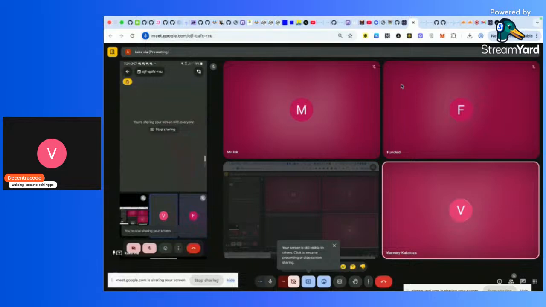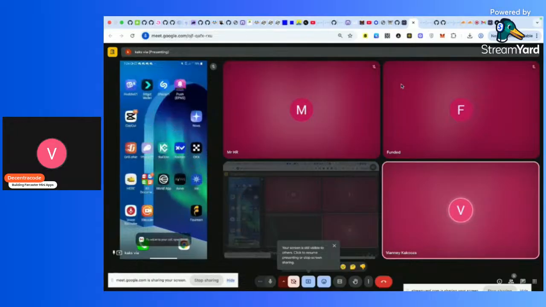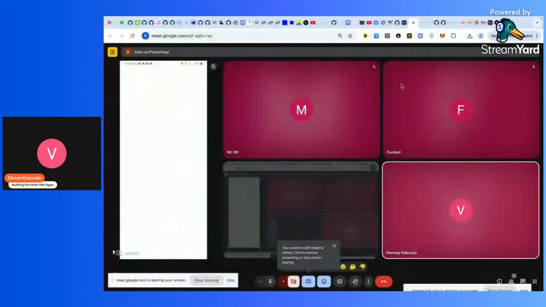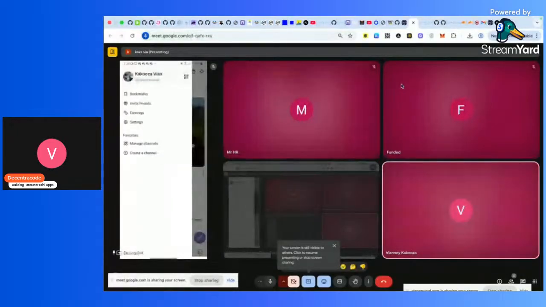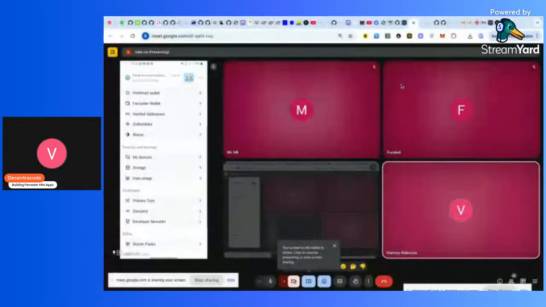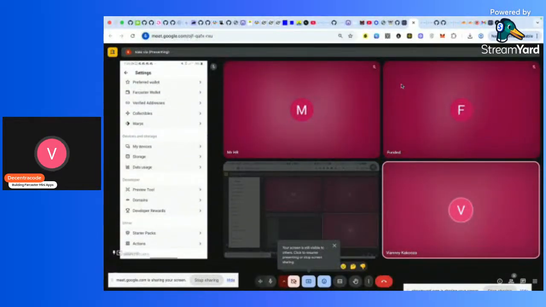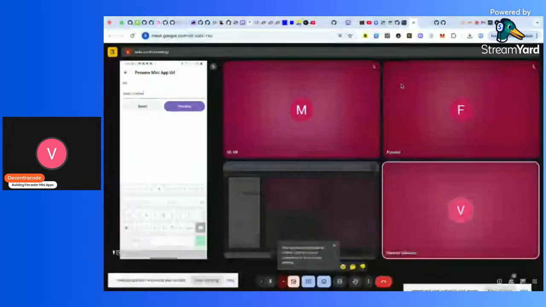So, if I come to Farcaster on my phone and I try to access the link, I go to my profile and click on settings. There is a developer section, and there is a preview tool. On the preview tool, if I try to access this tree,